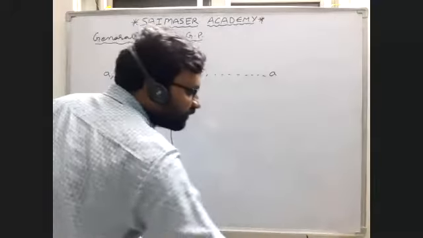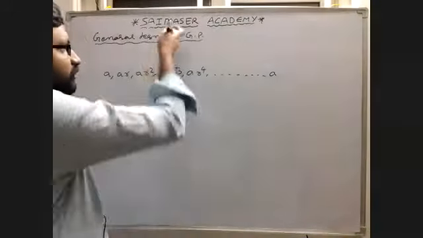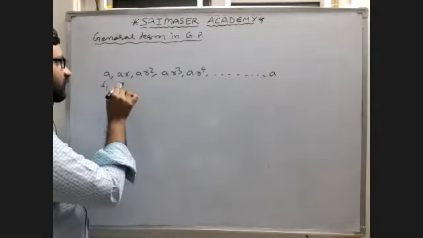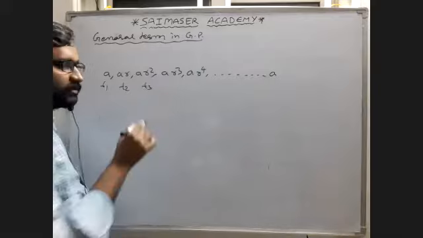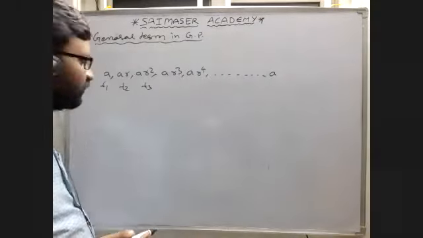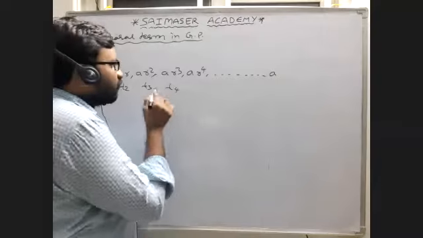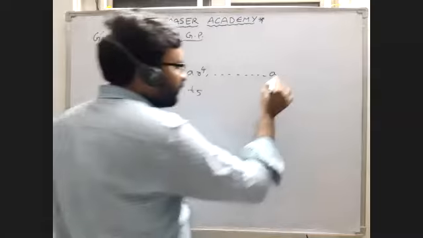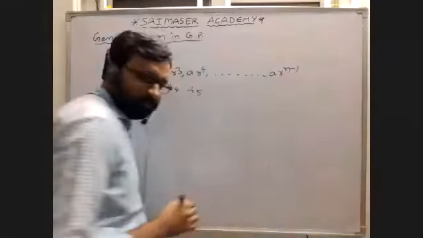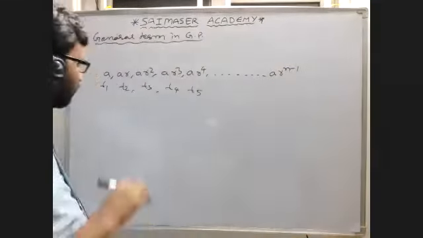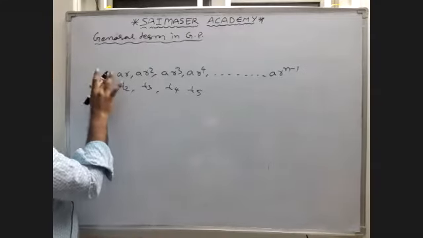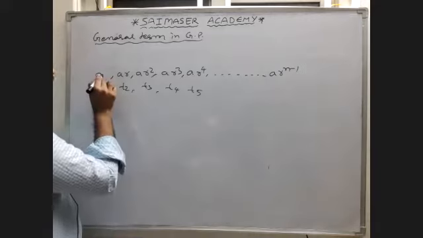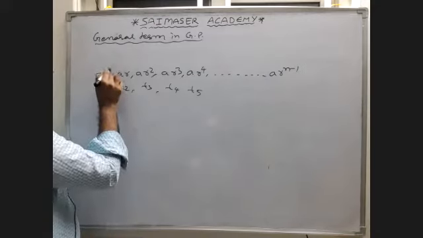See here, what is the last term you will get? That is only the general term you have to find. But I will write T1, T2, T3, T4, T5. How we will get that, I will tell you. If you observe clearly, why we are getting A R power n minus 1, I will tell you. That is the last term. Why? See, for T1 we have only A. There is no R. That's why I am writing A R power 0.